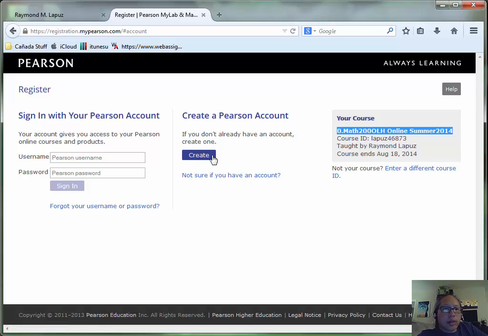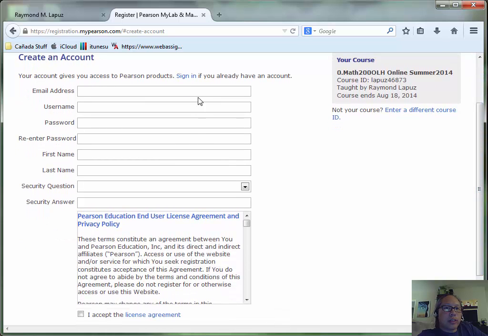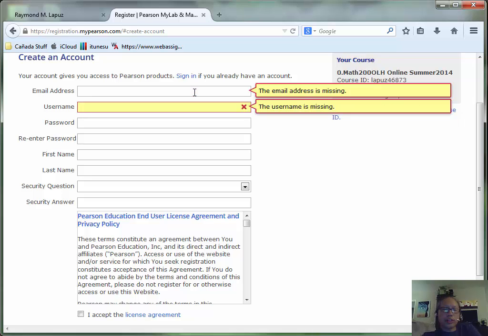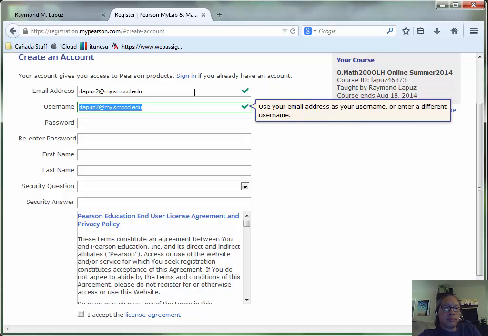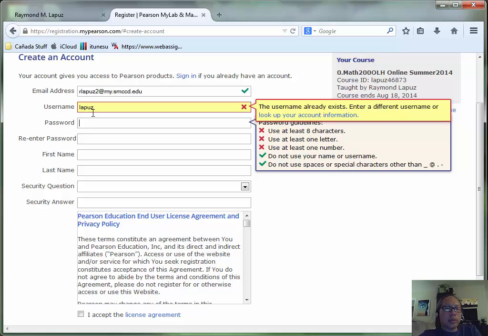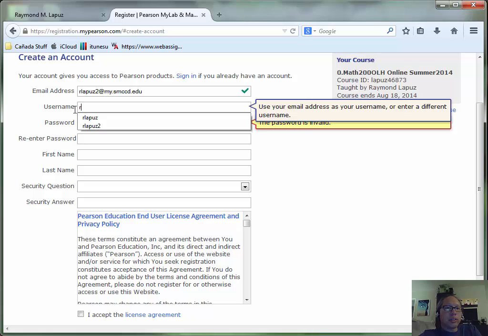So if that is correct, again, this gives you the option to sign in or to create your own account. Let's just go to create your own account, and I'll walk you through as much as I can. It's going to ask for an email address, a username that is going to be unique. Let's try an email address and a username that should be unique and not new. So if I type in another username that already exists, then I can't use that. So usually the emails are unique, so